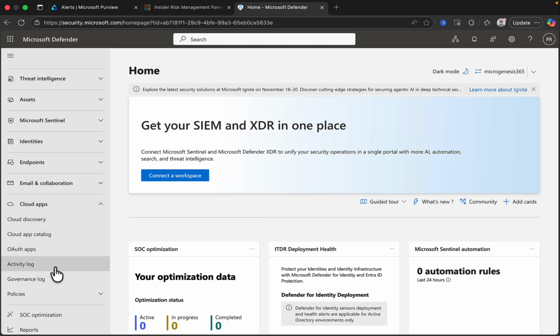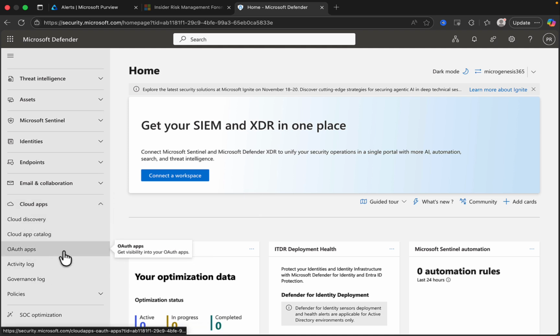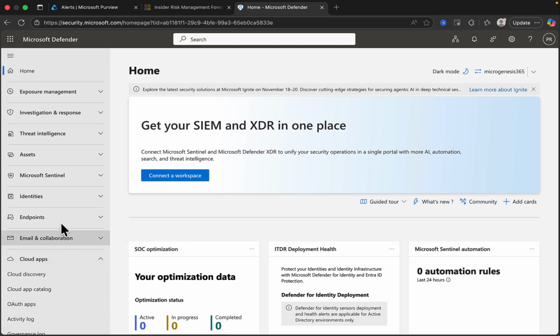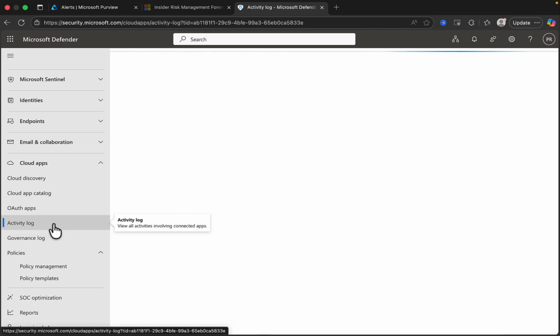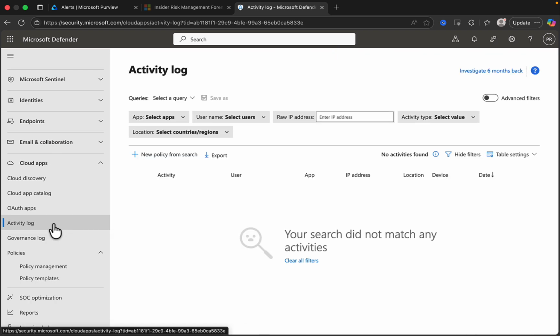We covered cloud app security and how it relates to Purview features in earlier videos in this series. So just ensure that in this particular portal, you are fully aware of how to look at any particular alerts. And we can go into the activity log and we can see the activities that are going to match there. So I have none in this particular example, but just be sure that you know where you need to look